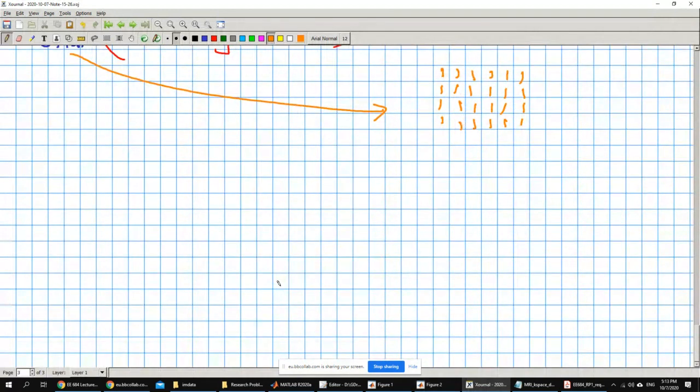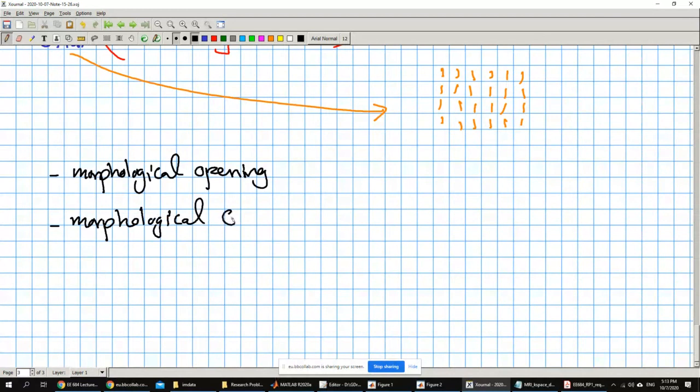Okay, there's a combined operation. I'm not going to talk about all the morphological operations, but I'm going to talk about a few of them that are very useful. There's a process called morphological opening and morphological closing. This is like a combined operation. Opening is basically like